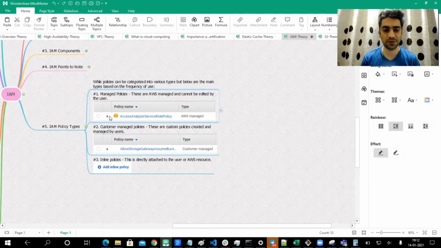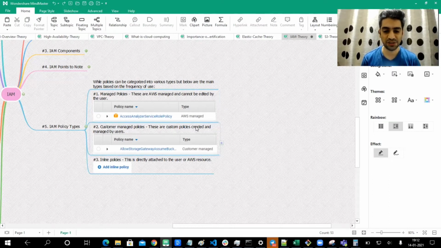Don't worry, we will take a look at what is inside those policies. But right now, the important point to note is the policy name. You can see there's a symbol over this, which means that this is managed by AWS, and that's why you cannot edit it. AWS has many such managed policies so that it's easy for you to use those and get started. But once you get familiar with the JSON format and the structure, you can create your own policies, which is what we have in our next type, called customer managed policies.